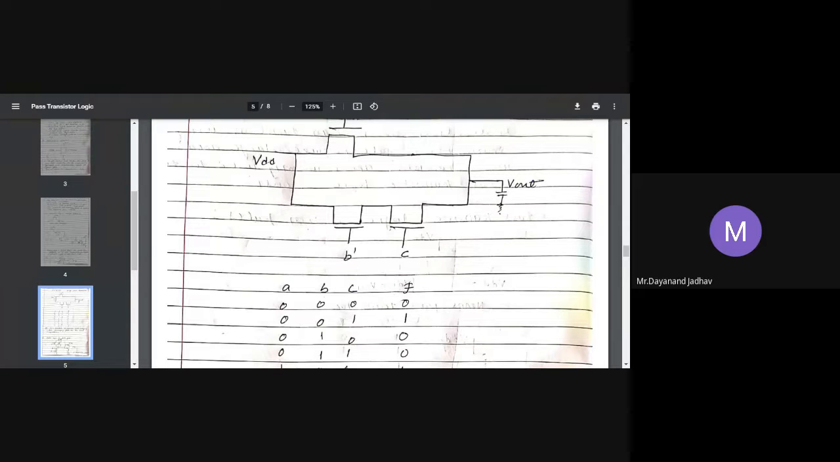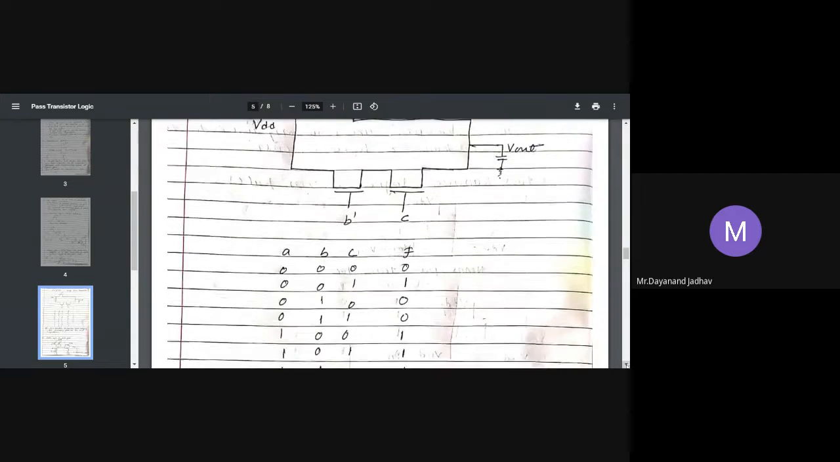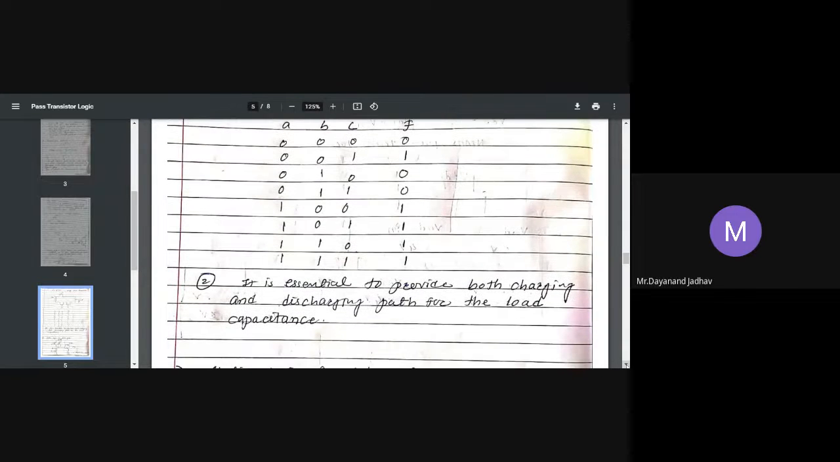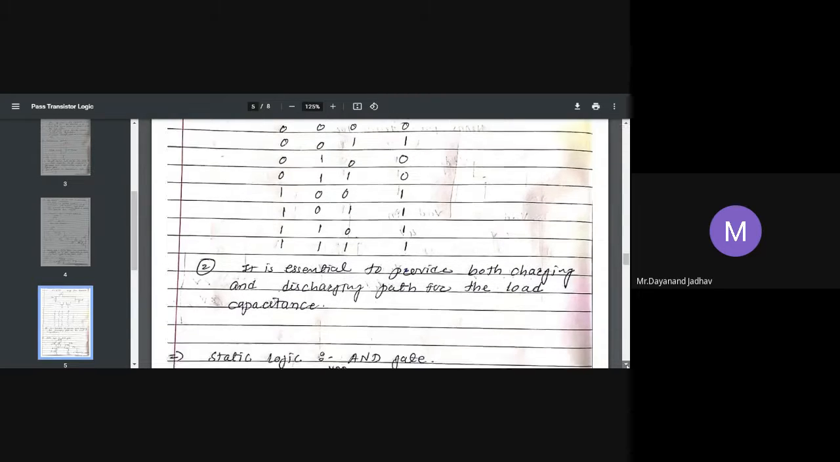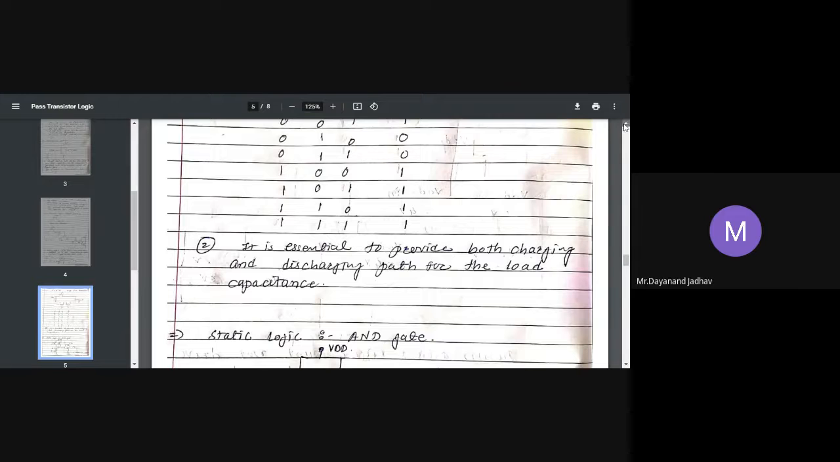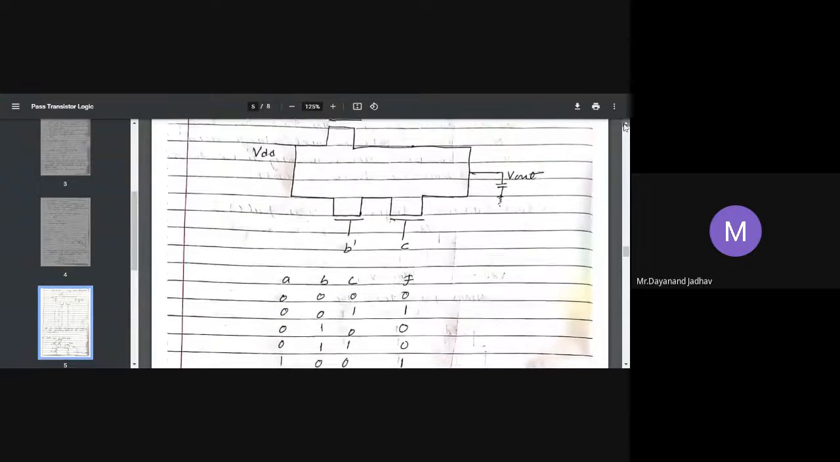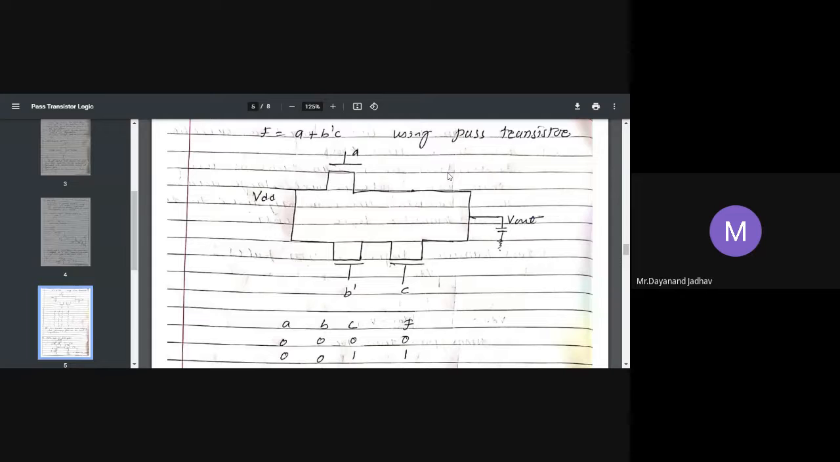Here it is essential to provide both charging and discharging path for the load capacitance. This is the second rule which is considered when we design using the pass transistor logic. It means one more NMOS transistor is to be connected in the gate, because